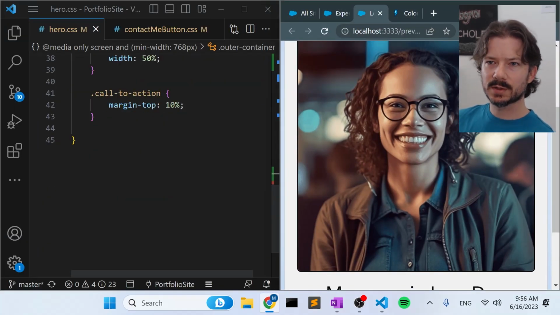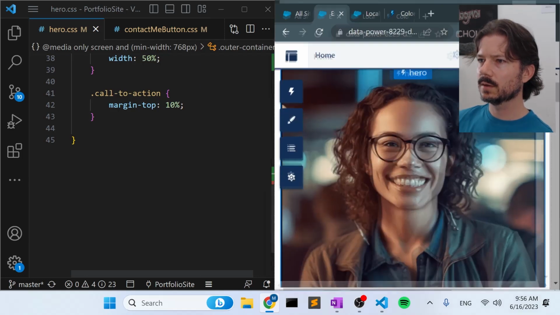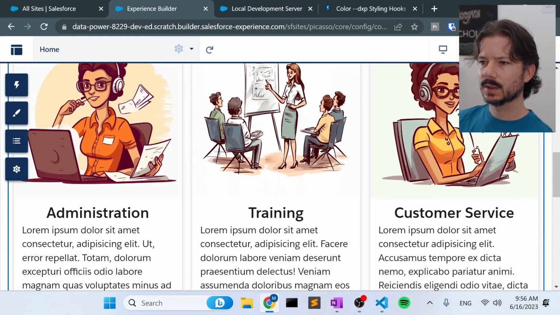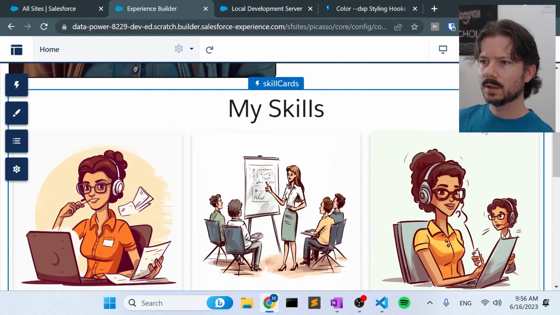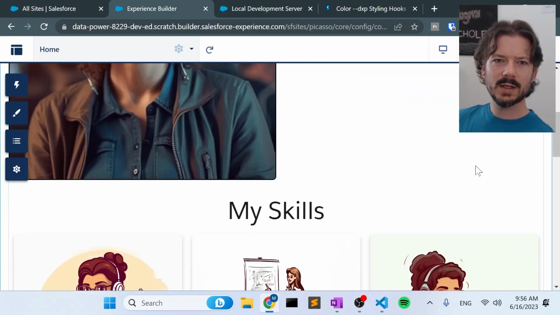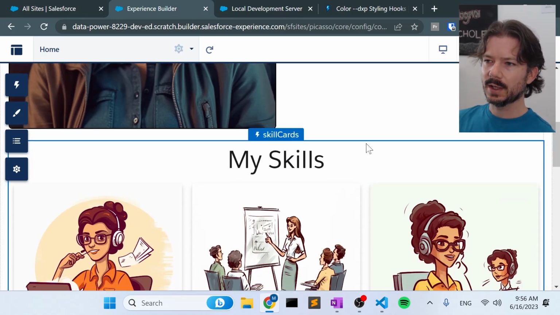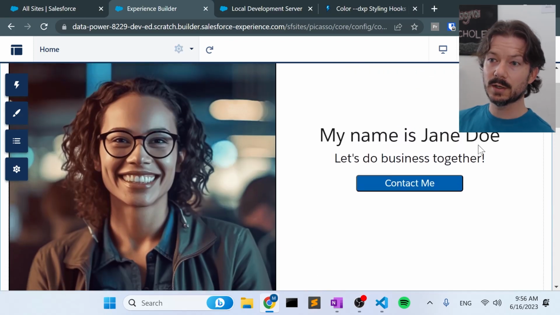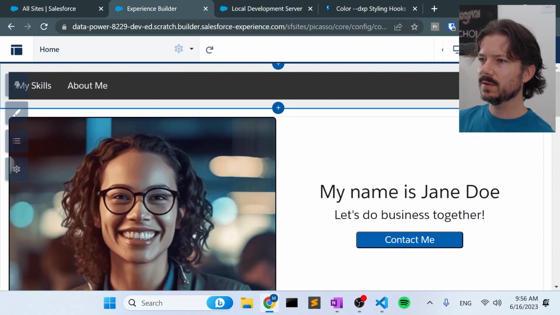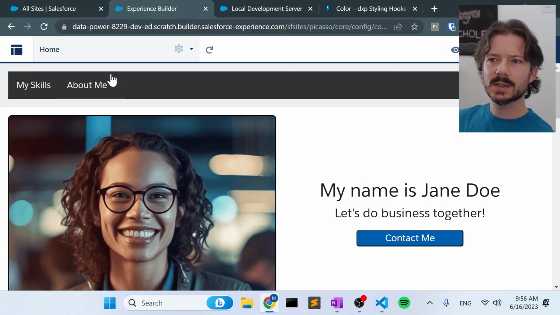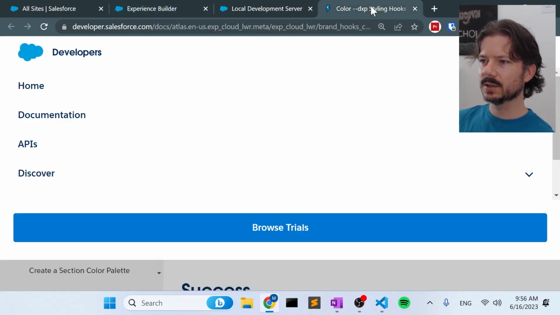Let's move on to our skills section. Our skills section right now, I would say there's a lot of white here, and it would be nice to break up the skills section. So let's give it a background that differentiates it from the hero section. And if you see in the preview here, you can see in the background of our nav bar, there's this really light gray. So if we go back to our styling hooks,